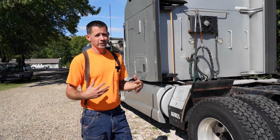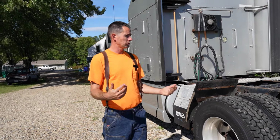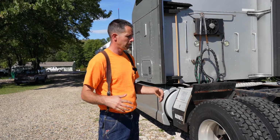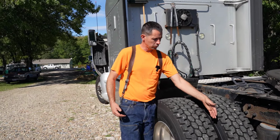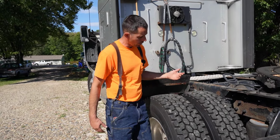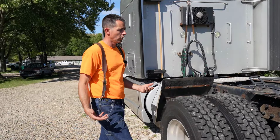And in my opinion, a 6x2 with super singles is like a prescription for a major problem. Because super singles, for one, they're made for economy. And if you don't know what a super single is, that's where you just have one big tire instead of 2. So with a set of duals like this, regular tires, these low profile 22.5s, with this gap in here, you get better traction with a narrower tire, you know, in snow and mud or